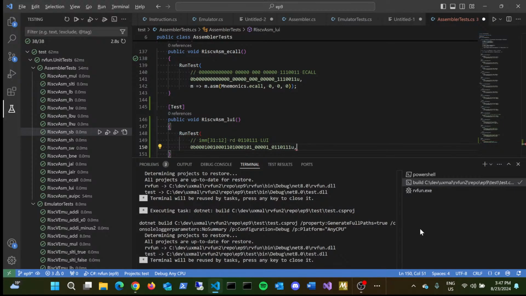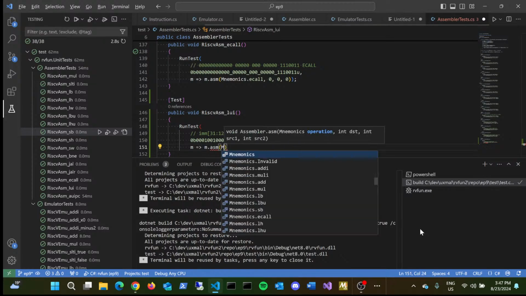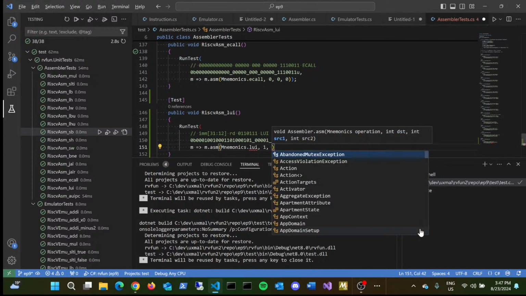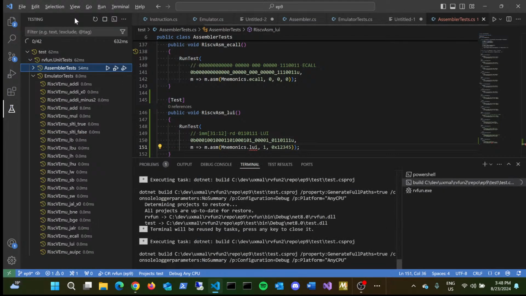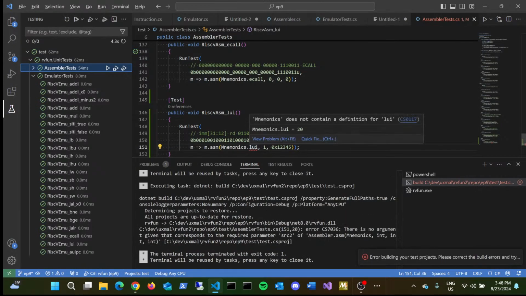Okay, so there's our word, and then the assembler instruction is going to be ASM mnemonics LUI, and then we're going to pass in the destination register 1, and then the numeric constant 1, 2, 3, 4, 5, like that. Now we haven't implemented this enum member yet, so let's implement that. And now, if we run the unit tests, we expect to get a failure because we have not actually implemented